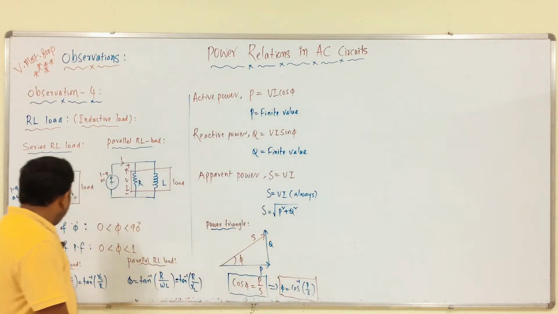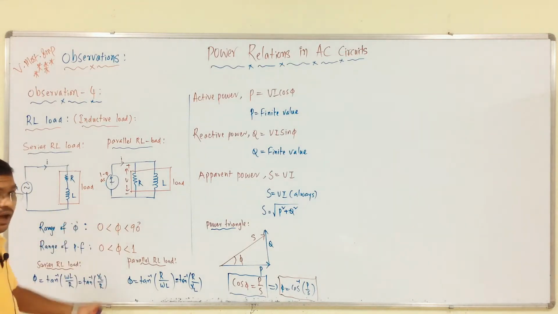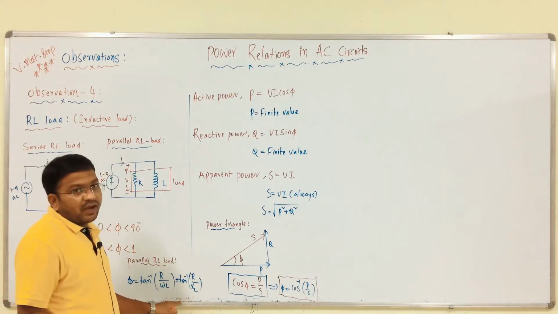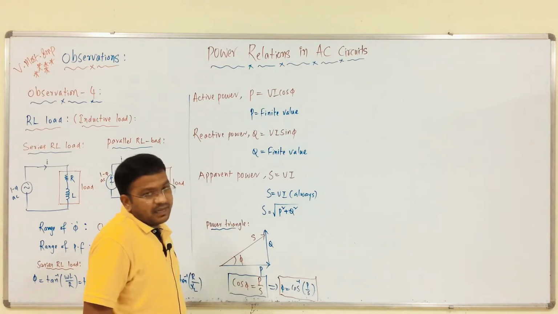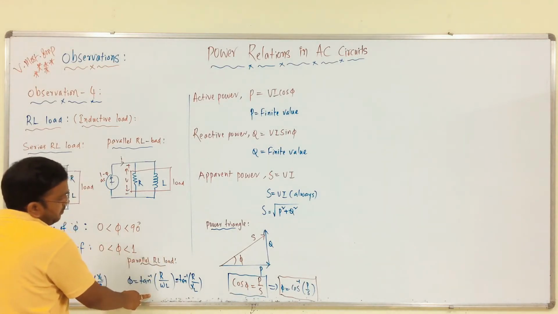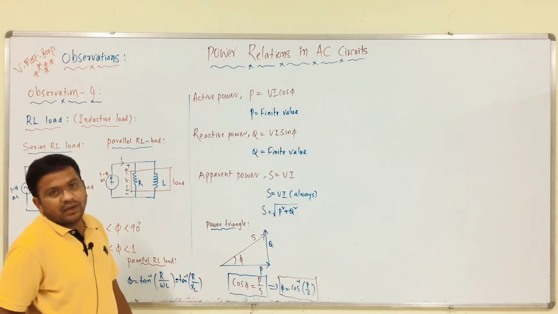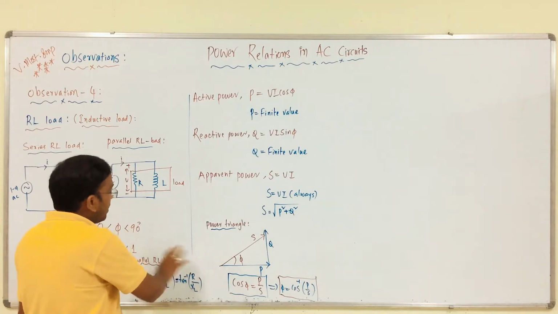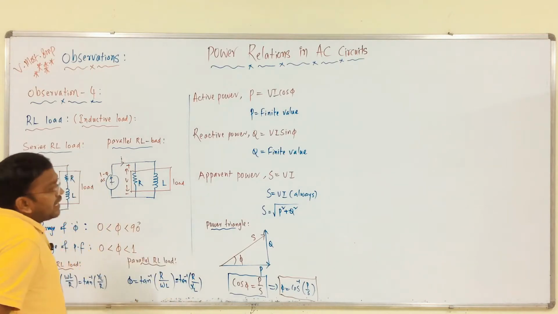See, here we have the phase angle as tan inverse omega L by R. Cos of this phi is nothing but the power factor. For the series RL load, the power factor is cos of this angle. Like that, for the parallel RL load, cos of this angle is the power factor. If you do the analysis from the power triangle, cos phi is P by S. So, these phase angles from the series RL load and from the parallel RL load are equal. You are doing the analysis with respect to these two circuits or this circuit. This is about inductive load, RL load.